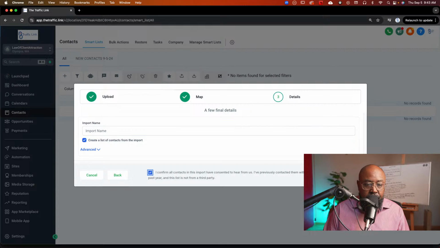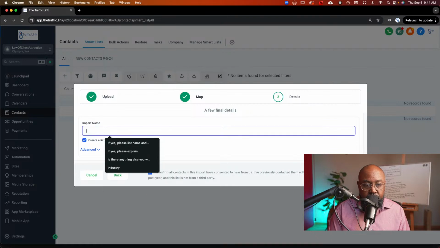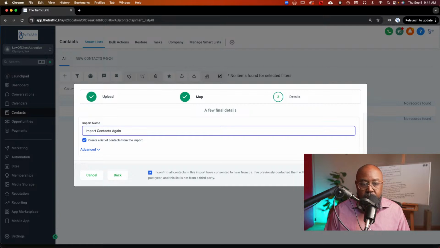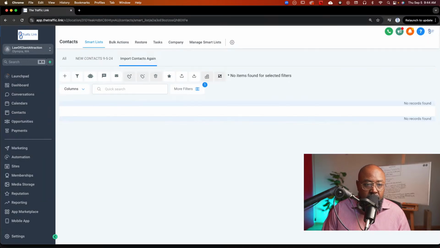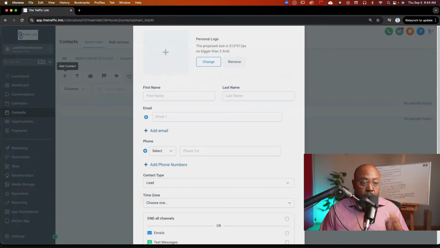There should be plenty of data in this data set, and there shouldn't be any reason why it's not importing, but we're going to try to work through that. Give it a new name. Something goofy. Import context again. And let's hit submit. All right, so still nothing yet. I probably need to look and see what's up with that CSV. Should be some context coming in. Nonetheless, we're going to keep on going.